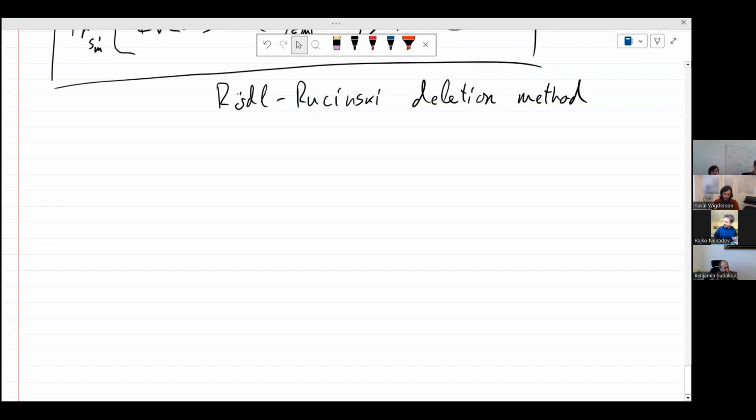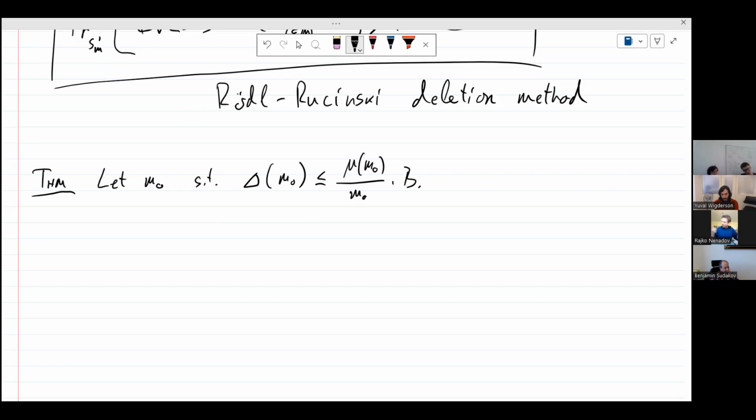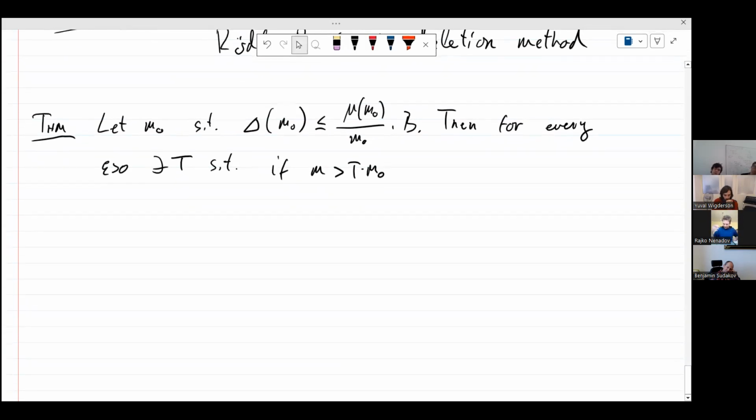Okay, so let me now give you the slightly more formal theorem, and I'll finish with that. So let M naught be such that we are in the regime where Janson tells us that the probability is bounded by e to the minus number of elements sampled, maybe times some constant b. Then for every epsilon bigger than zero, there exists t such that if my m is bigger than t times M naught, so if we are significantly far past M naught, then